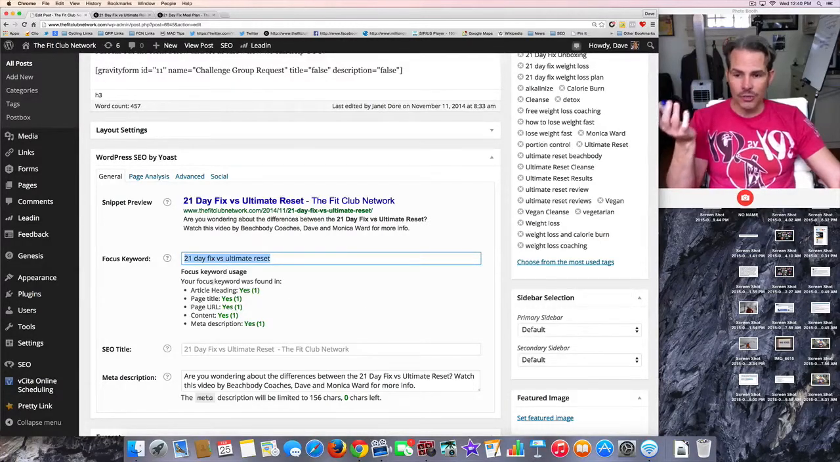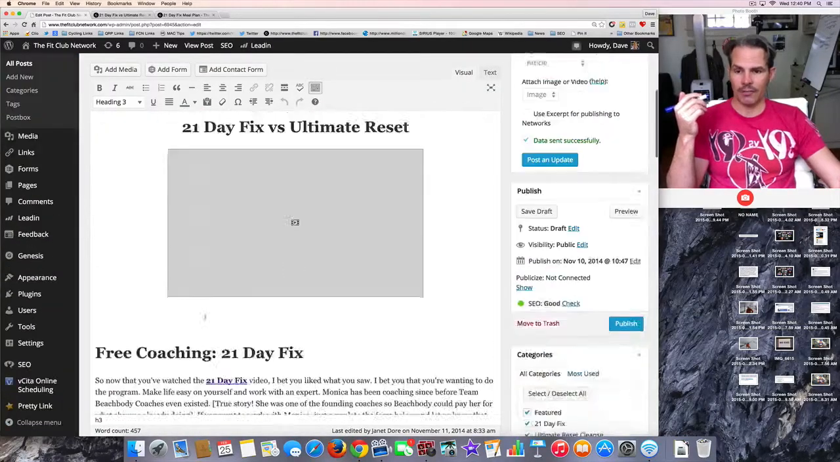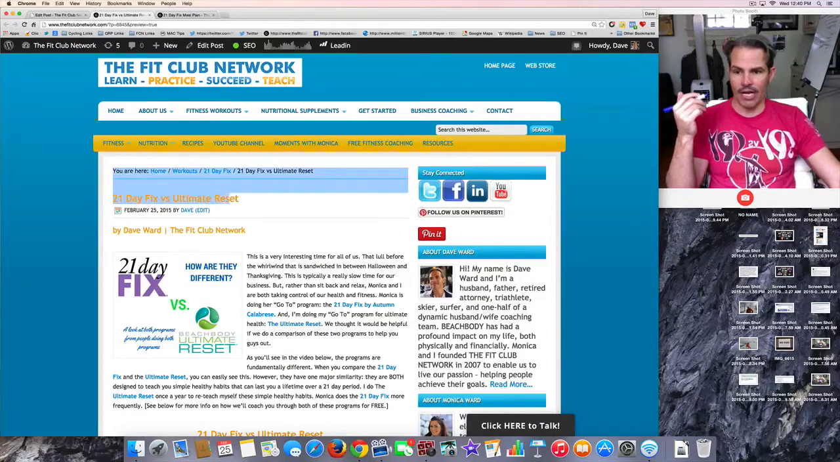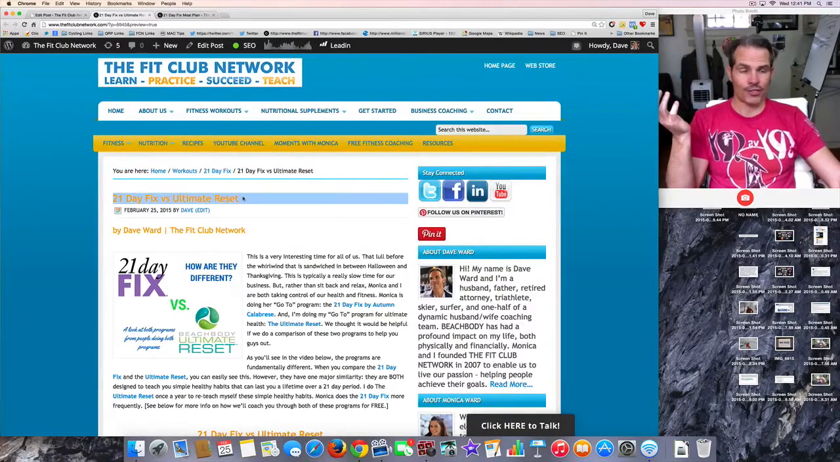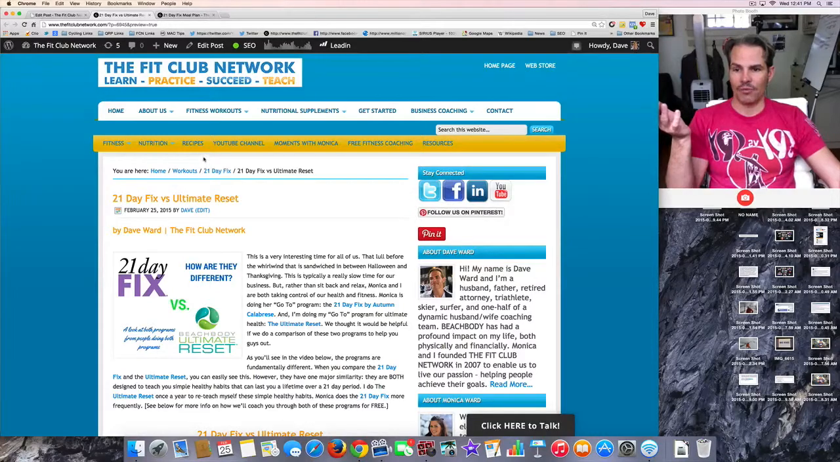So what is this doing? Well, this Yoast plugin is telling me you've done a pretty good job here because you have it in the article heading, which is, here, I'll actually just switch over to the post. This is the article heading right here. You need to have whatever that search term is in your article heading. And Yoast makes it easy because it says, don't forget that. The page title. If you were to look at this page, if it didn't have this here, the page title would be